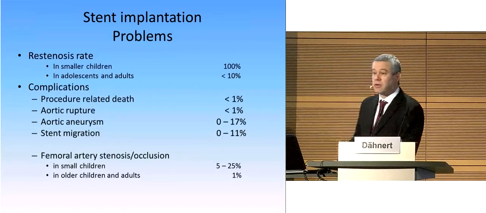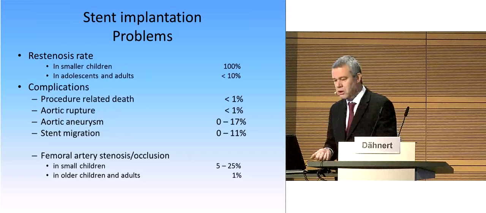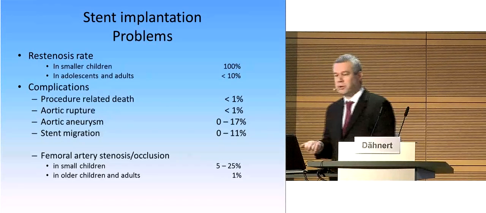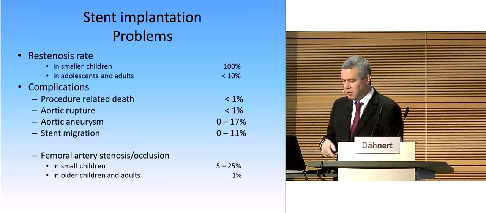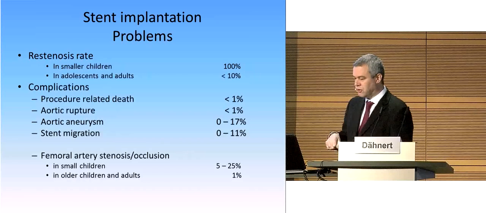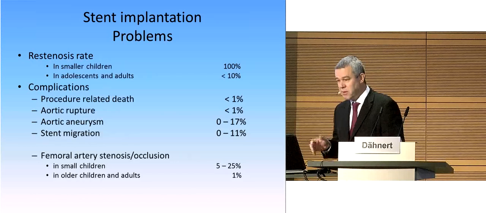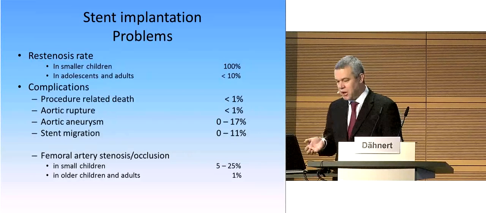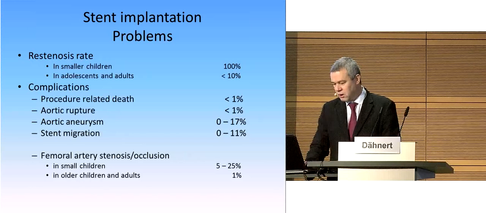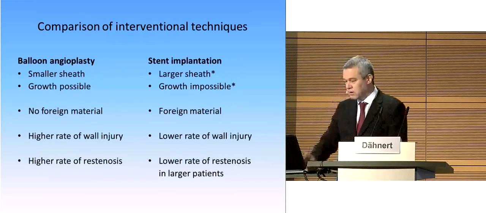The restenosis, of course, in little children is 100% because the stent itself doesn't grow. In adolescents and adults, where you can put in a 20 millimeter or larger stent, the restenosis rate is very low. Complications, again: procedure-related death, less than 1%, aortic rupture, less than 1%. Aortic aneurysm may happen, especially if you use bare stents, and the stent may migrate, and that depends on the skills of the investigator. The femoral artery stenosis or occlusion is also a problem, as well as in the balloon